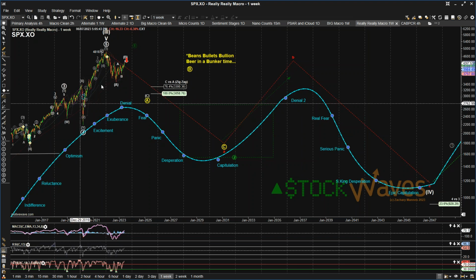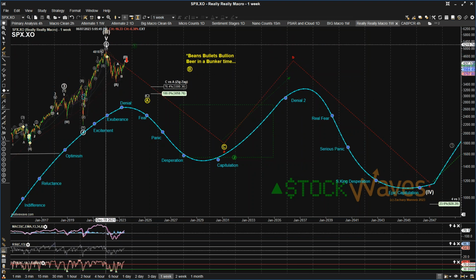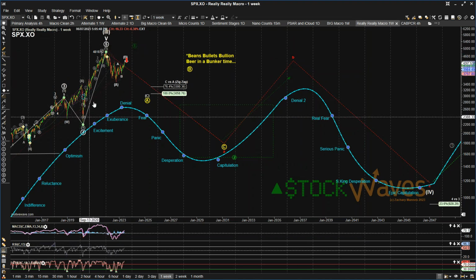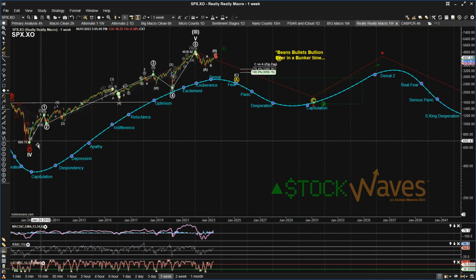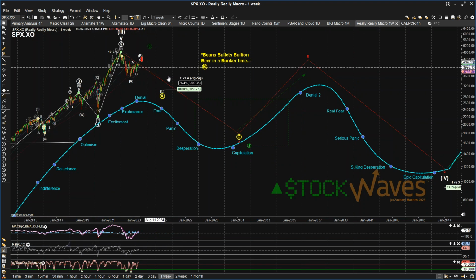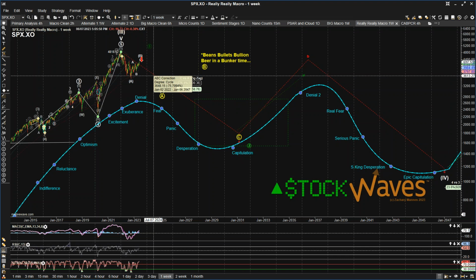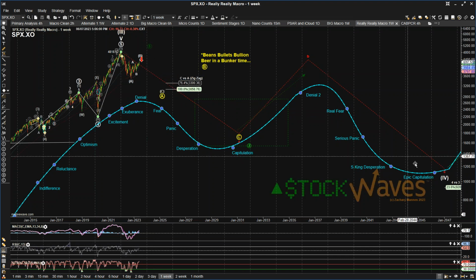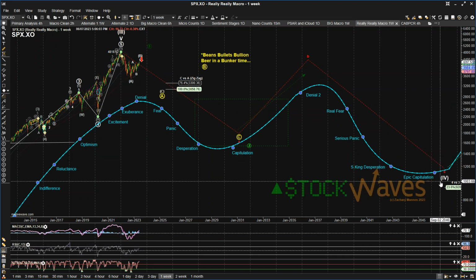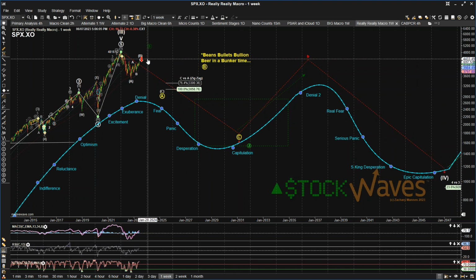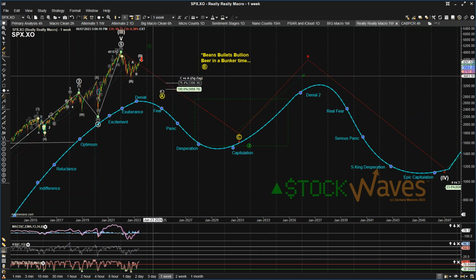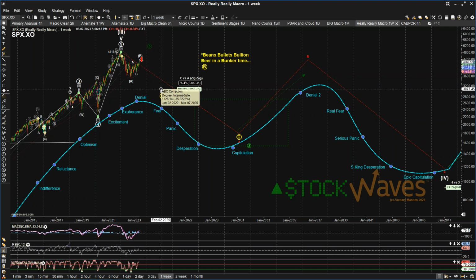So I think that if we have indeed topped in our primary wave 5 of the cycle wave 5 of the super cycle wave 3, then we're still just in the early stages of this larger move to the downside. And while we have to be mindful of the bigger risk that this represents, right now what we're still focusing on is really just the risk reward for the potential C wave down,